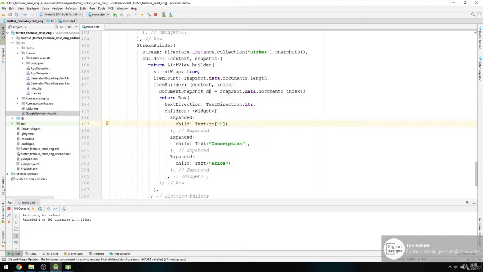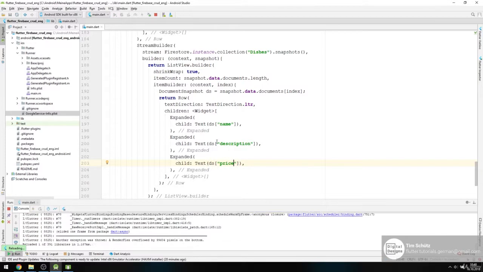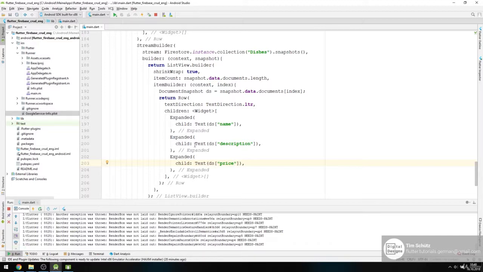So our data is saved in our DocumentSnapshot, and we can access the data by calling ds and square brackets and then in parentheses the name of the field. So the first field is name. Can copy this and place it here. The second is description, and the third was price. We copy our price here, and then we can save it